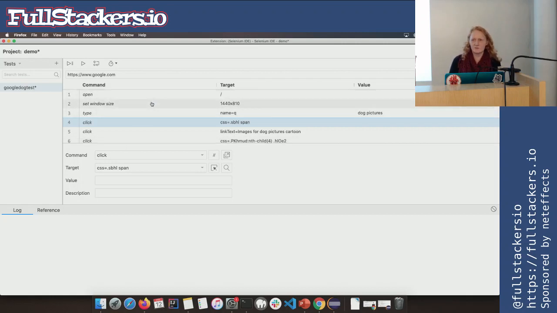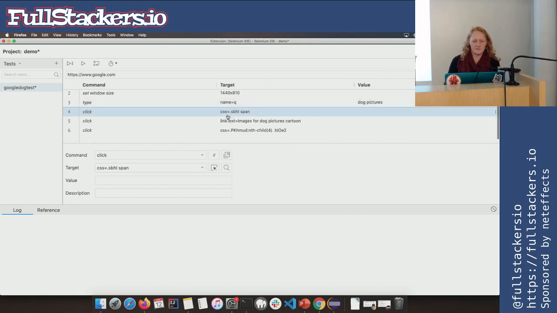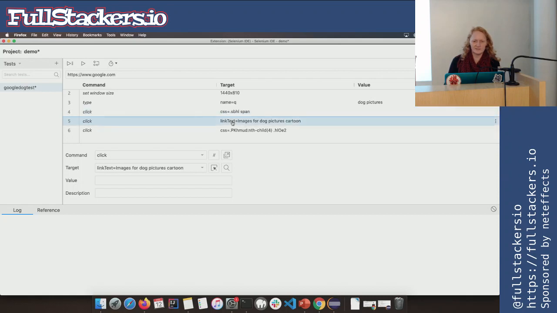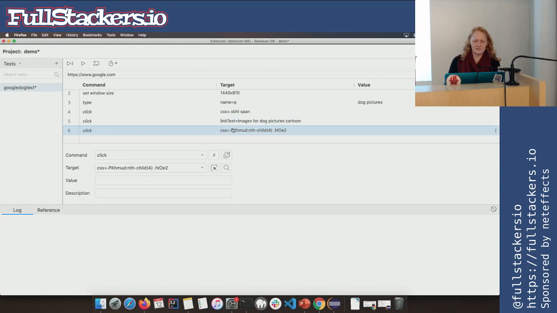It's always going to maximize the window for you. We typed dog pictures into the target. We clicked on this selector. Then we clicked on this selector. And then we clicked on this target. Good thing is it does grab a few different options for you. So if you built a test that is wonky and not reliable, you can try different